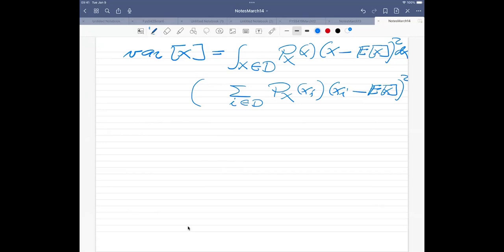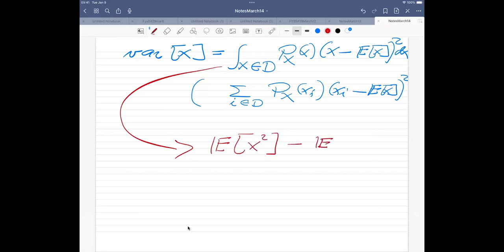And this is a quantity which we typically write out. So this specific quantity becomes equal, if we now write it down, if we take this number and just write it out generally, this is the same as the expectation value of X squared minus the expectation value, or the mean value, squared. And it's pretty straightforward to see that when you calculate these expressions.